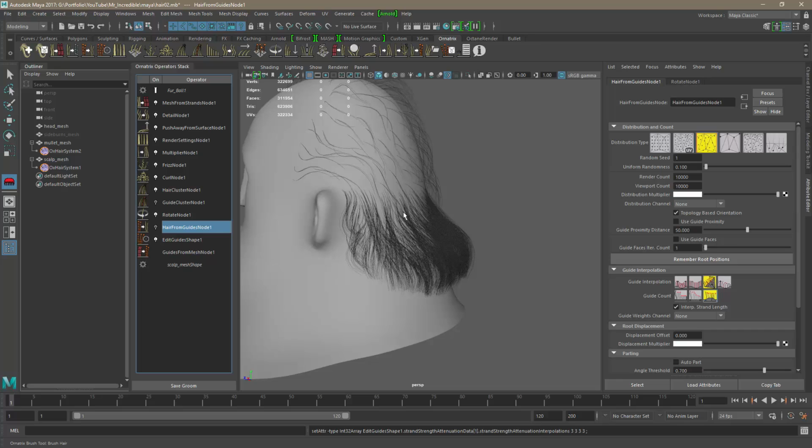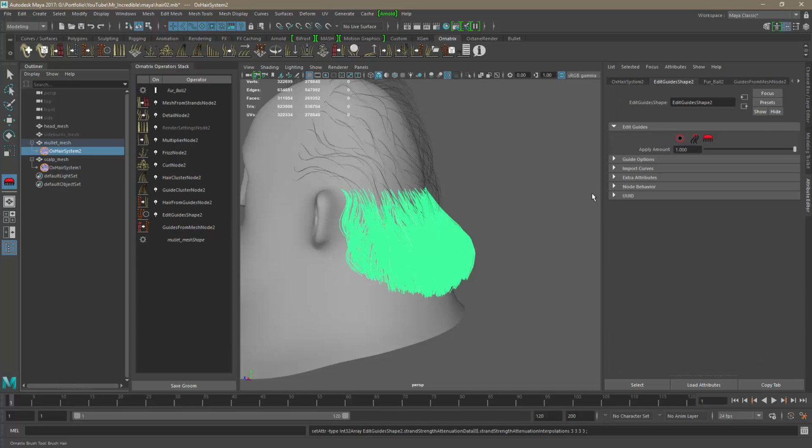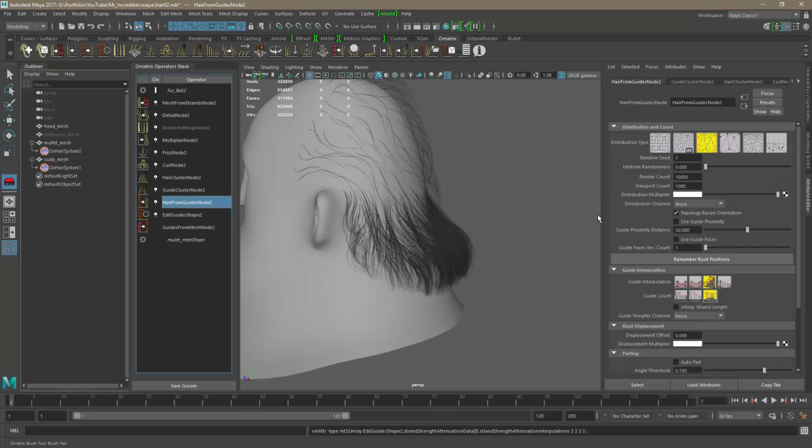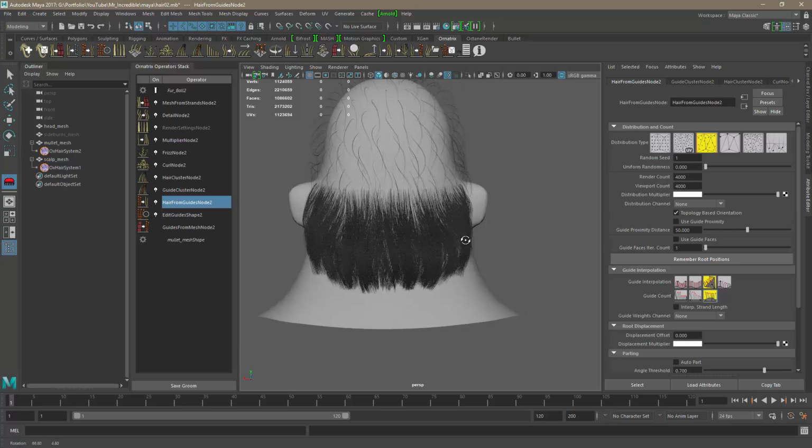I have 10,000 hair, so maybe this one is gonna be about 3,000 maybe. Let's see. So let's go to hair from guides, and I'm gonna set something like, let's try 4,000 and 4,000. So this is going to generate our hair,